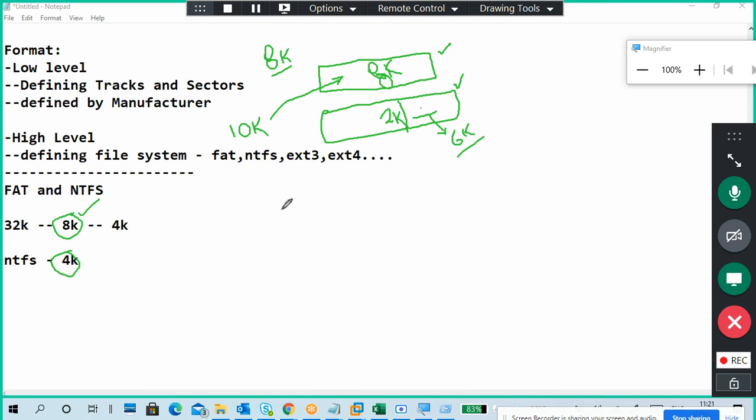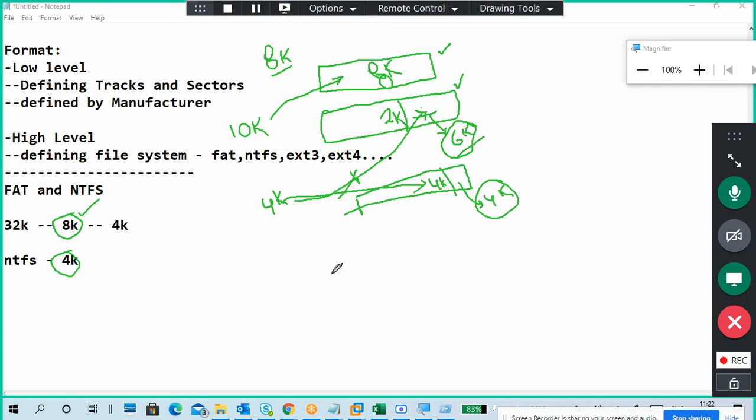Now I got another data file, for example, of size 4K, but I can't put it here. I have to take another 8K and put the 4K here. And how much wastage again? 4K wastage here. See, here is 6K, here is 4K. Maximum, for example, if you take an 8K block,